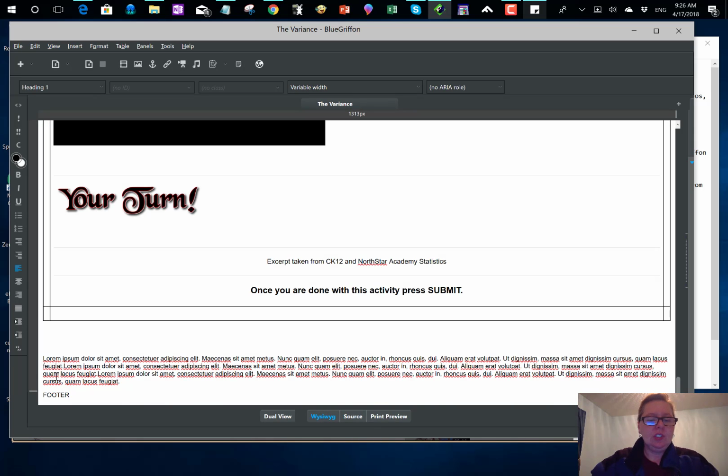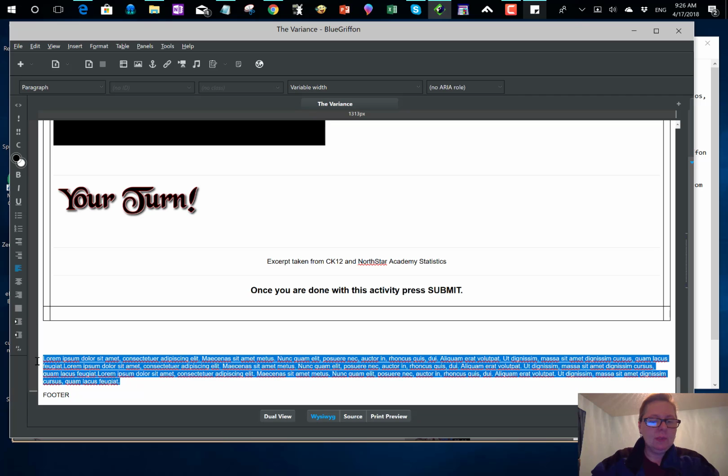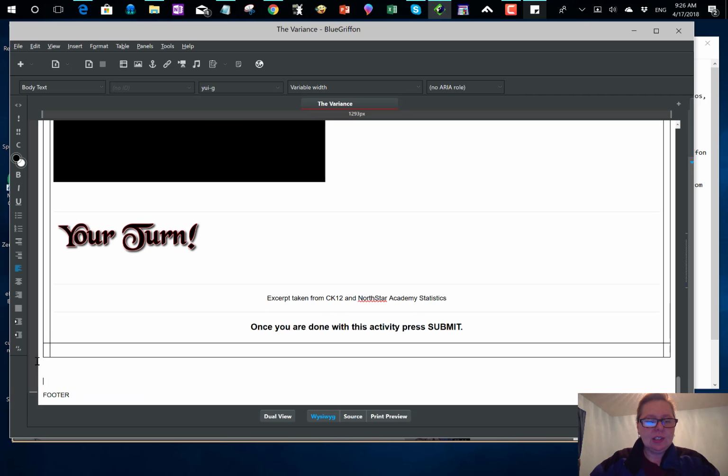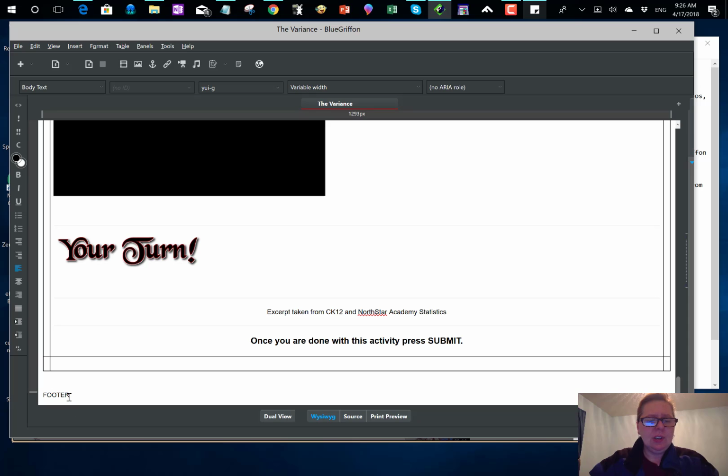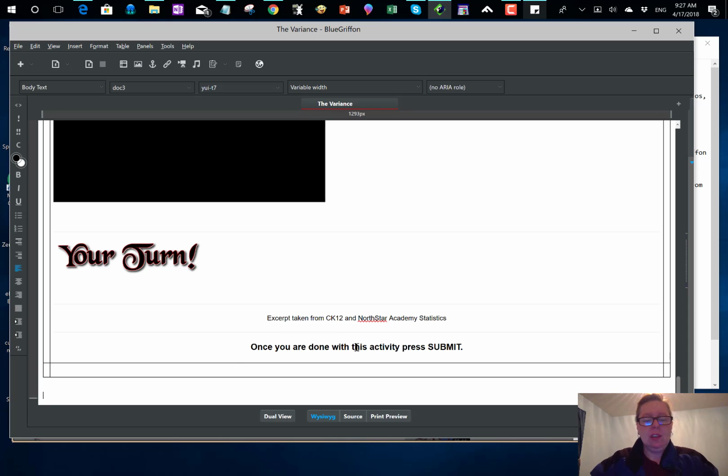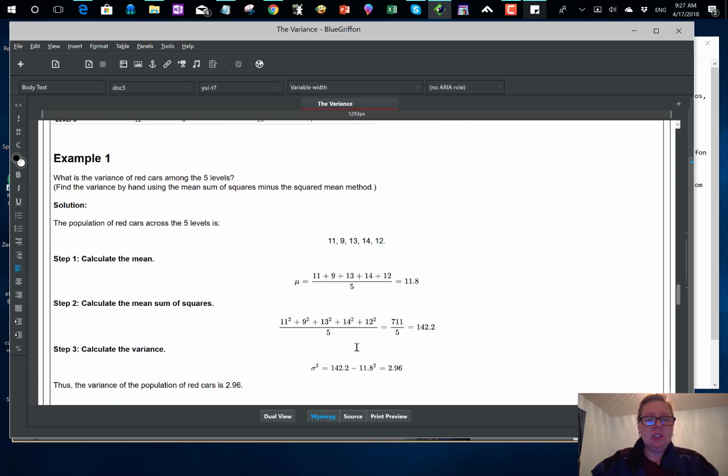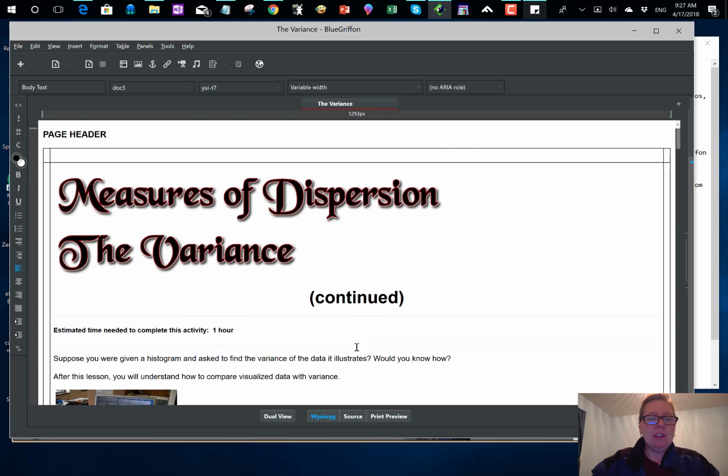And then cleaning up the page, I want to get rid of this lorem ipsum text. And then I want to get rid of my footer. I could put some information there if I want to, but I've already got it up here, so I'm not going to do that. And scroll up to the top. Because I already have a page header in here, I'm going to get rid of this page header here and